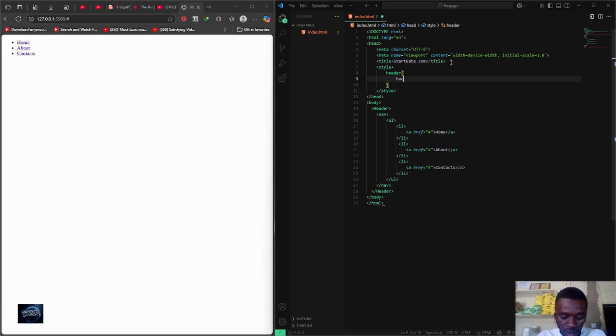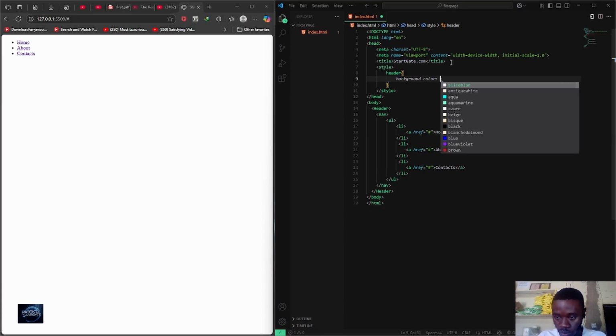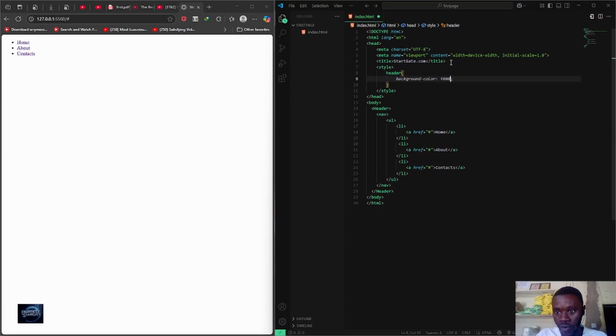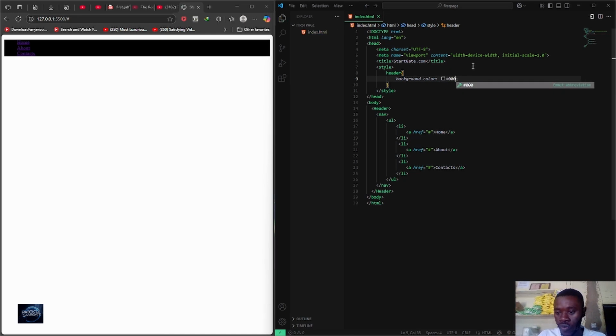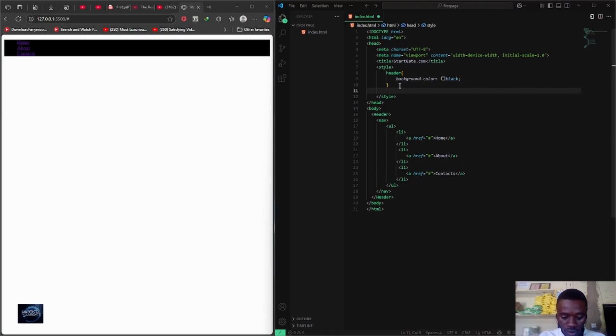Let's do the background color first. Now let's make the background #FF0, that's black. Or you can write just black. You get black, it's the same thing. Once we've styled our header, we're going to go on nav,